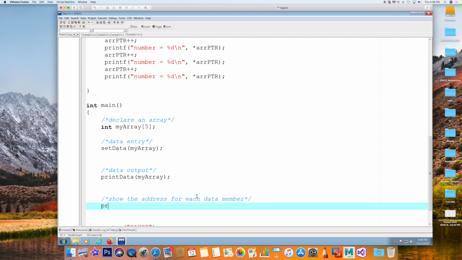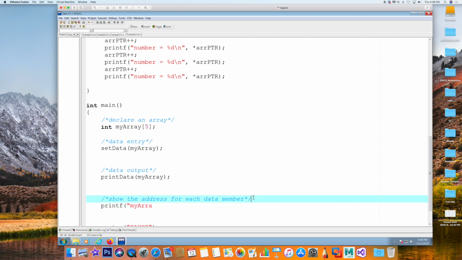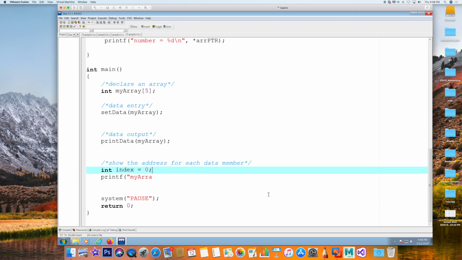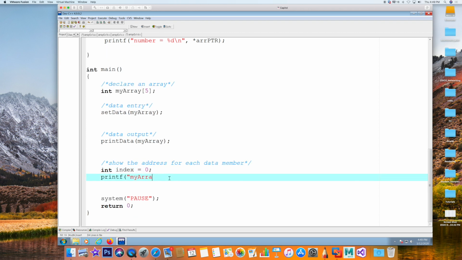You could do something like this, printf. And then we could say something like this. My array, and we could put an index here while we're at it. Int index equals 0. All right, so we're going to use the index to access it, just like we did with another example. %d here